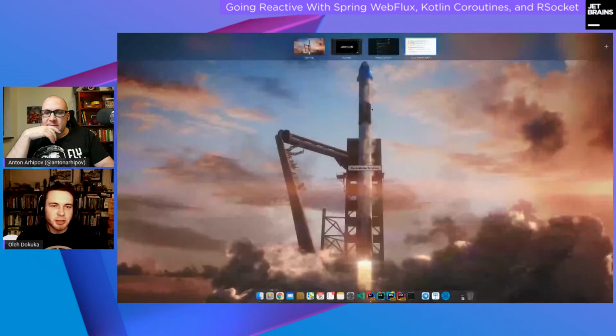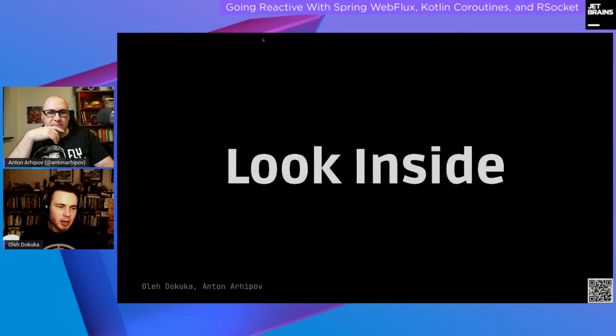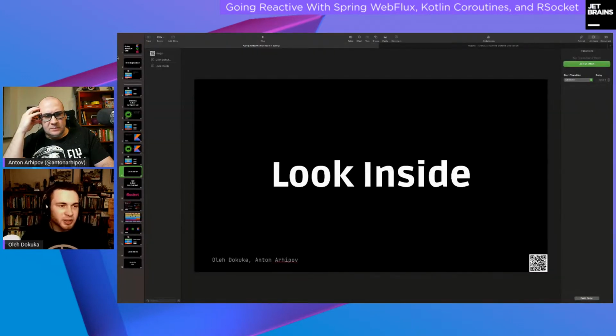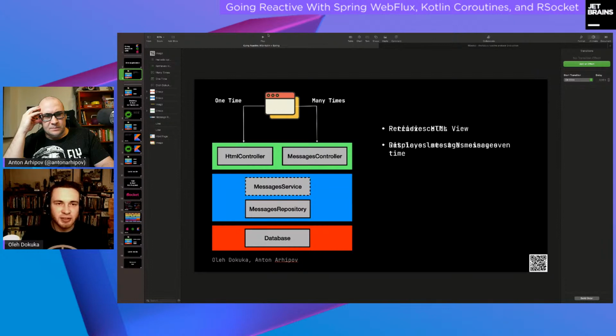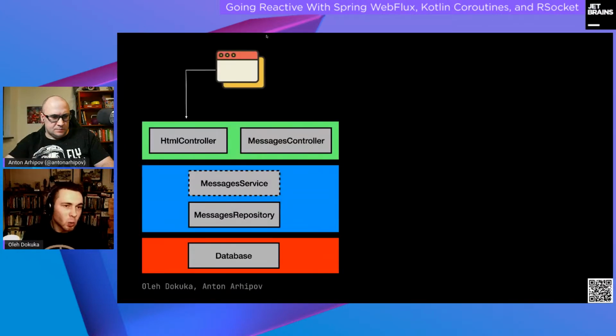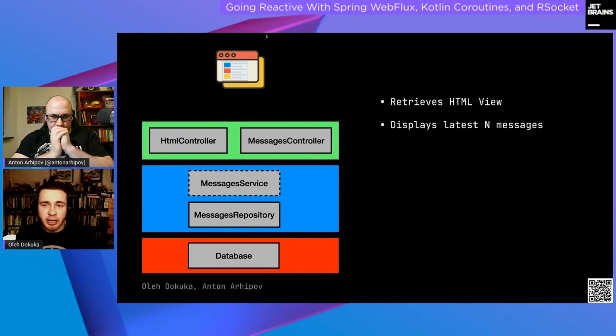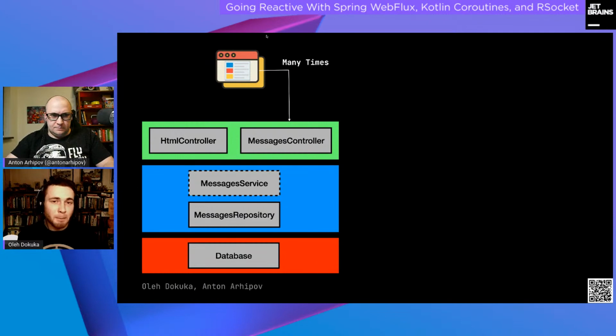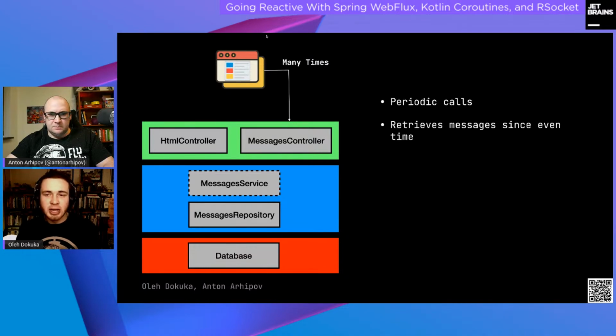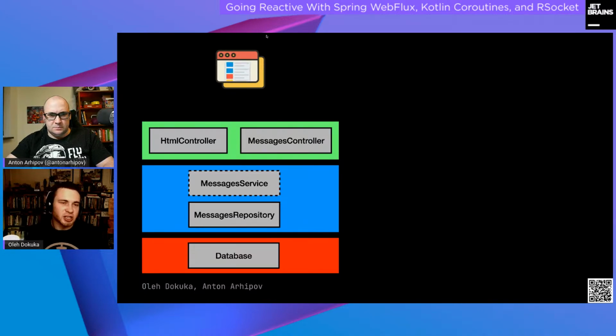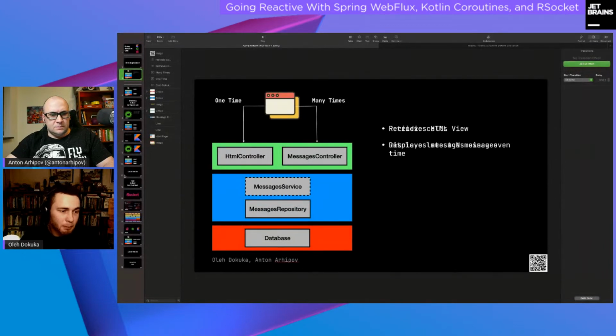So we migrated to a fully non-blocking app. However, we still have a couple of problems, and basically these problems can be detected in this animation. We do a one-time call here in order to retrieve our HTML. And as I mentioned, we invoke our message controller many times in order to periodically get the latest messages since the last observed one,